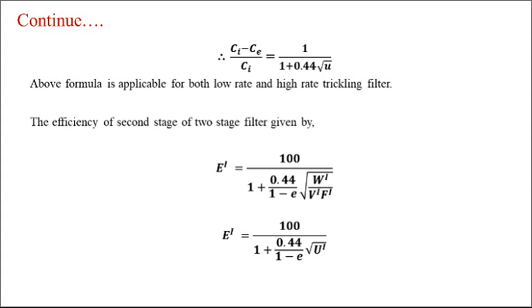The efficiency of the second stage of a two-stage filter is calculated by the formula E dash is equal to 100 divided by 1 plus 0.44 divided by 1 minus E under root of W dash divided by V dash F dash, or E dash is equal to 100 divided by 1 plus 0.44 divided by 1 minus E under root of capital U dash,